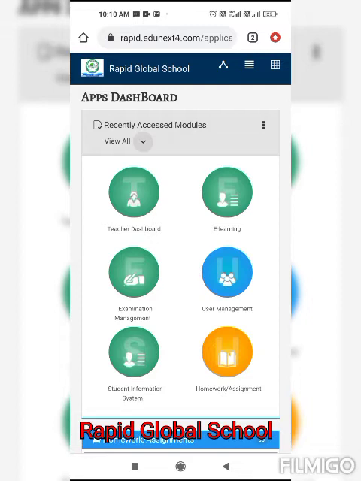Hello everyone. Today we will see how to generate cumulative sheets automatically by using our Edunex ID and password. As we all know, our PTM is about to be conducted, so you have to generate cumulative sheets of your respective classes. For that, first of all, you have to log in